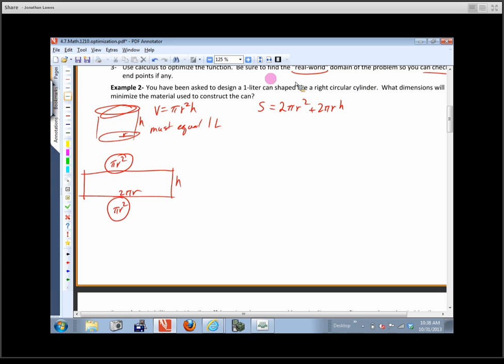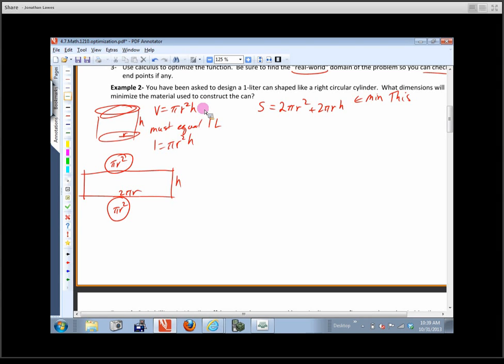Okay, so we want to minimize this right here. What's the problem with this? Two variables. We really don't like working with that many variables, so we've got to get rid of them. Okay, now we've talked about this right here, but we haven't used this constraint. We've got to hold 1 liter. The volume has to be 1 liter. Okay, now, can I just say 1 equals pi r squared h and start solving? No, because a liter isn't a measurement of lengths and widths and heights and all that sort of stuff, radiuses